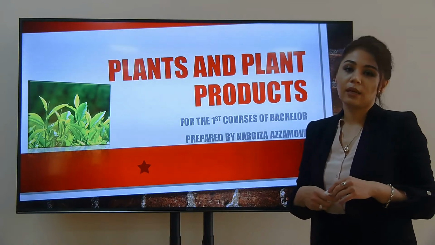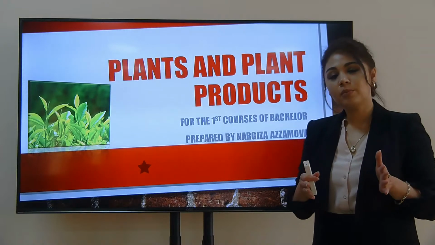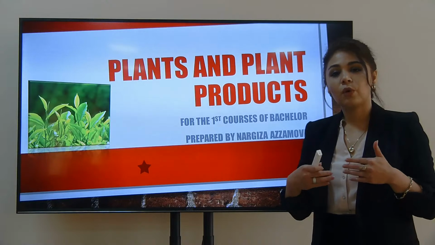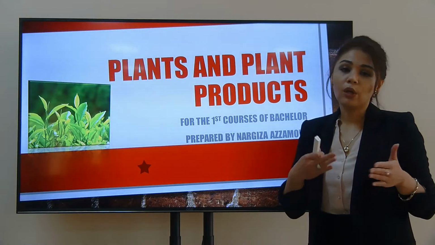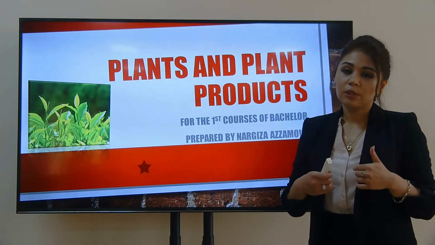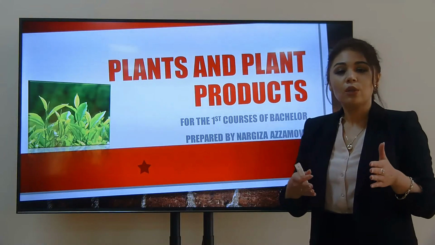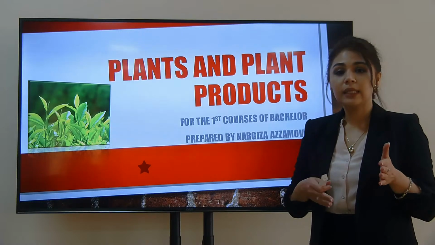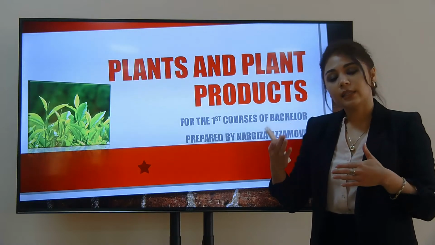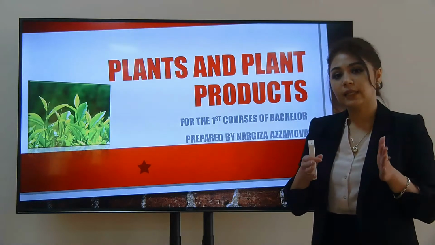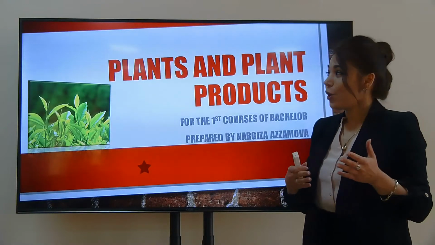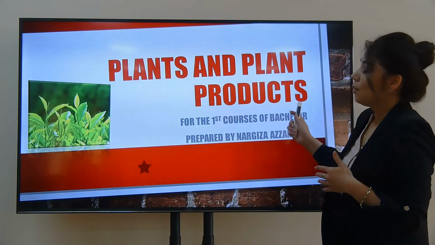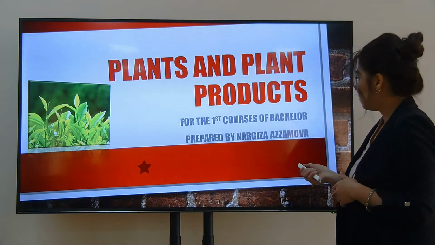Dear students, in agriculture, plants are grown, for example, as food crops for human consumption, feed crops for livestock consumption, oil crops for human consumption and industrial uses. Also, fiber crops for textiles and other secondary and industrial crops for personal and industrial uses. And as you understand, today we are going to talk about plants and plant products.